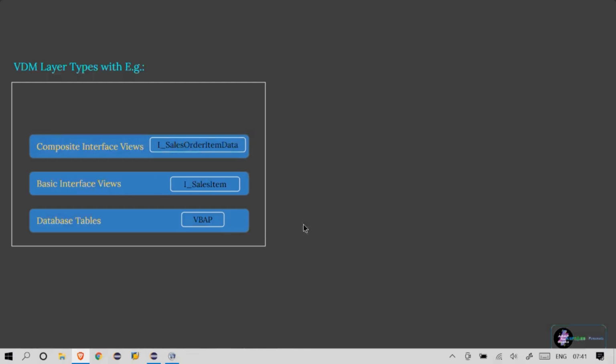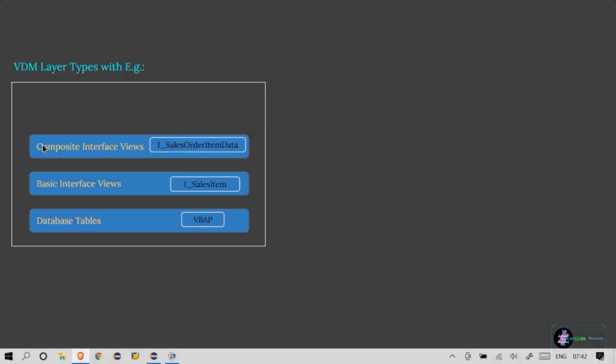And then if you want to merge the information with the header data also, so along with VBAP you want to merge the header data. That means you are trying to access more than one table, right? If you want to fetch information from different tables, and on top of that you want to create a CDS view, that means you're creating a CDS view and you're joining multiple tables in that CDS view. So that CDS view gives a result from different database tables.